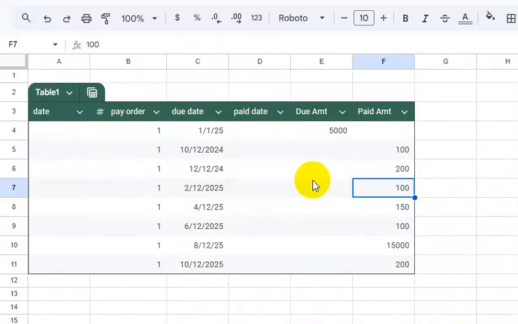But this behavior is not exactly the same in Google Sheets. If you press Control with spacebar, the selection will extend to the header, as you can see here. So most of the time, this is not the behavior we want, and we want to select only the data